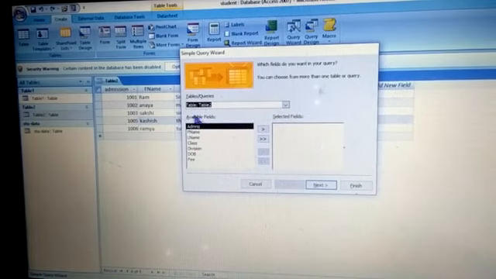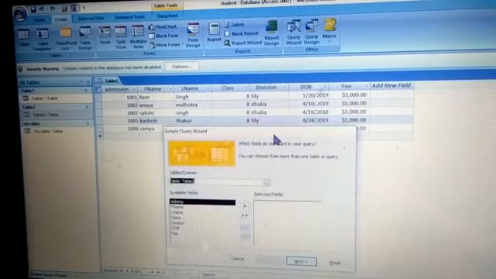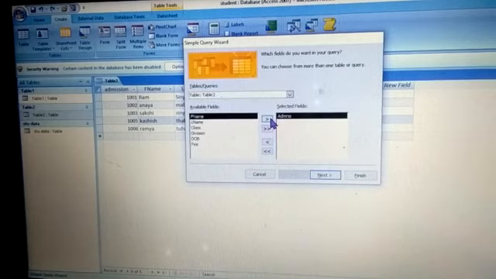Next, here are the available fields. So whatever fields were there, children, see, admission number, first name, last name, class, division, all these fields are listed here. Now it will ask which you want to be shown. Okay, which information you want. So you need to select that field and click on this. It will be selected. Next, what you want, the first name of the child to be shown or the last name of the child to be shown? So I say first name of the child should be shown.